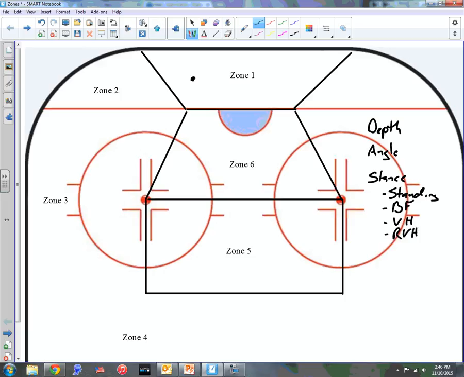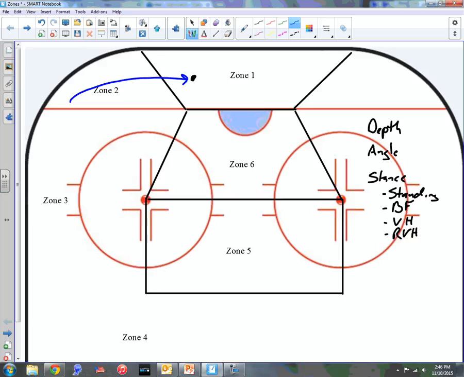So the question is, if this puck is in zone 1, where do I want to be? I think the best way to approach this is simply thinking about what is your unique game? What are you afraid of? And how are you going to solve this problem? I don't know if it's enough to just say the puck is there, because the question is, how did it get there? Let's say it started with a guy moving here from zone 2 into zone 1. Then we want to say, okay, what am I afraid of now? What things do we have?